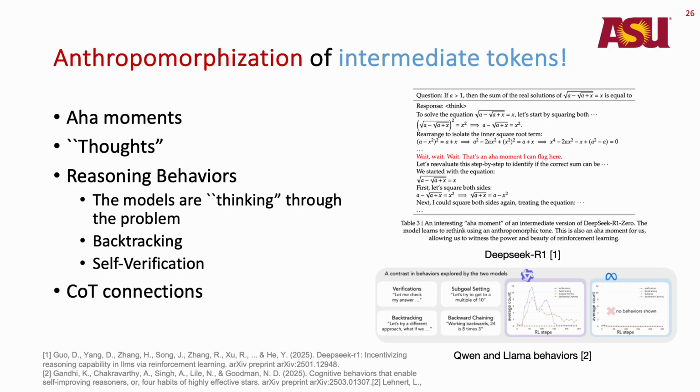The next part that I want to talk about is the anthropomorphization of intermediate tokens. That's actually a pretty unfortunate issue right now. So basically, people, and DeepSeek R1 played a big part in this too. Actually, O1 never showed the intermediate tokens, so we have no idea what nonsense was there. They said it's a commercial secret, and if you actually try to figure out what the intermediate tokens are, then you can see your account.